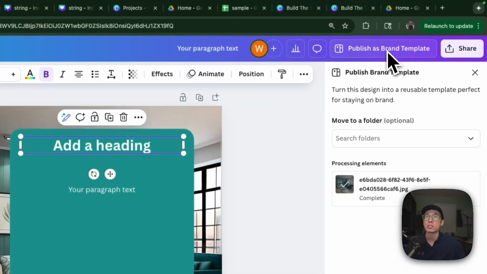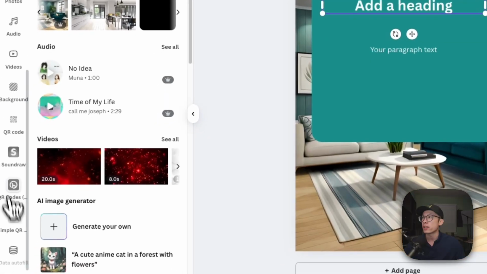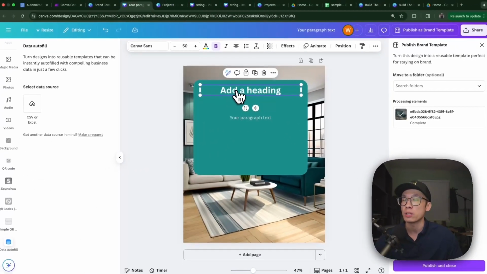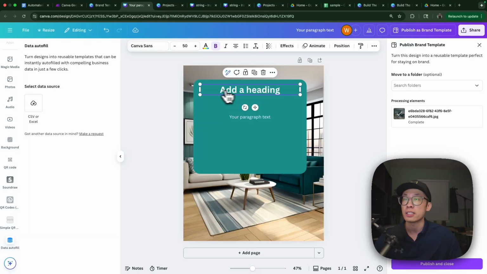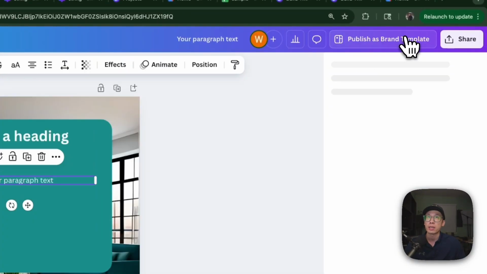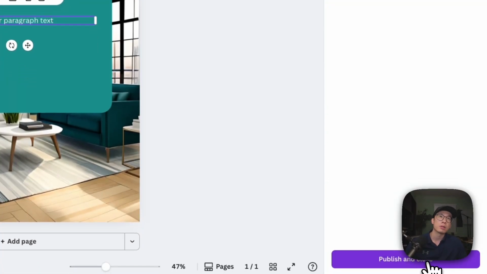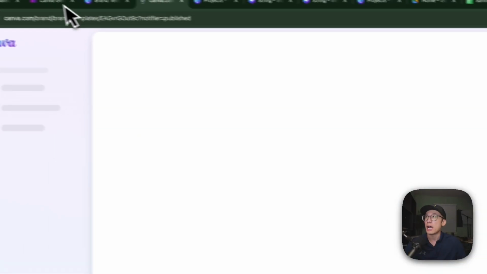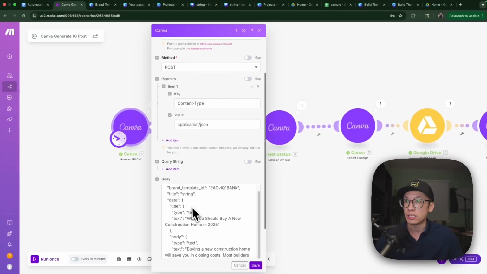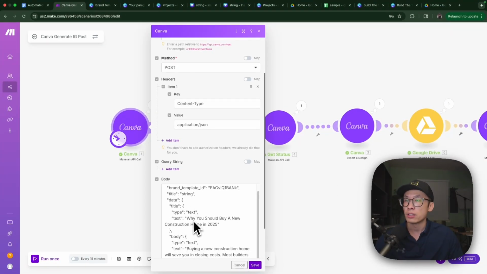I'm going to publish as a brand template. But first we have to remember to do the data autofill, right? We're going to set up the data autofill to label this as the title and this one as the body. And then we're going to publish it as a brand template. Publish and close. There we go. Now we can access that brand template again, and using this little scenario right here